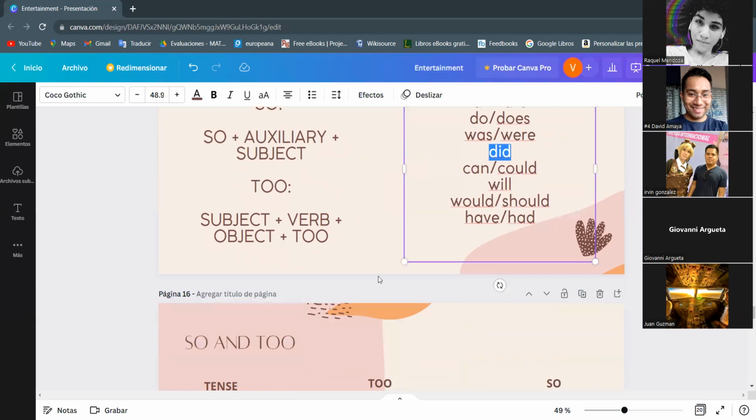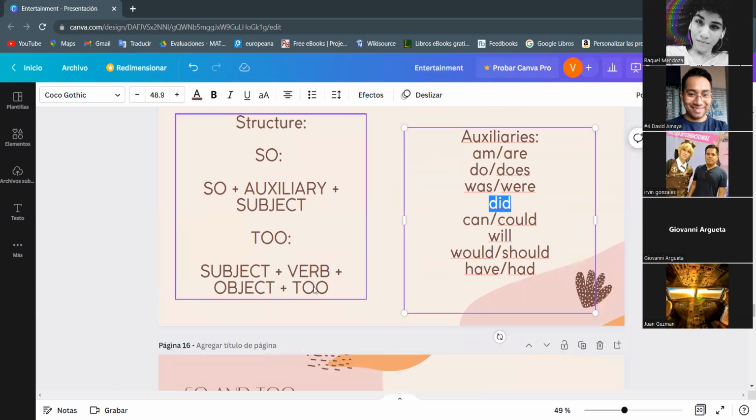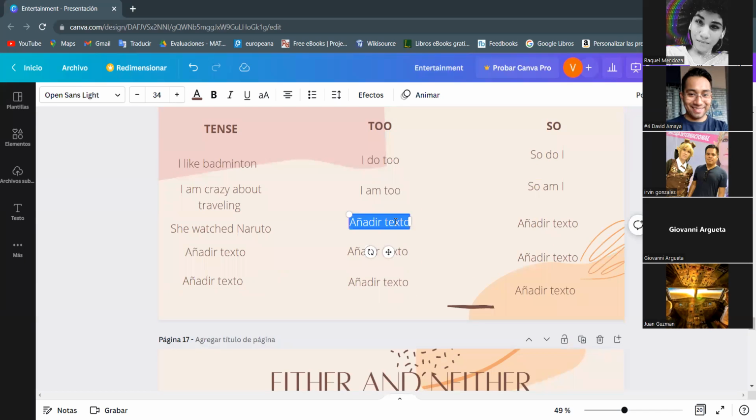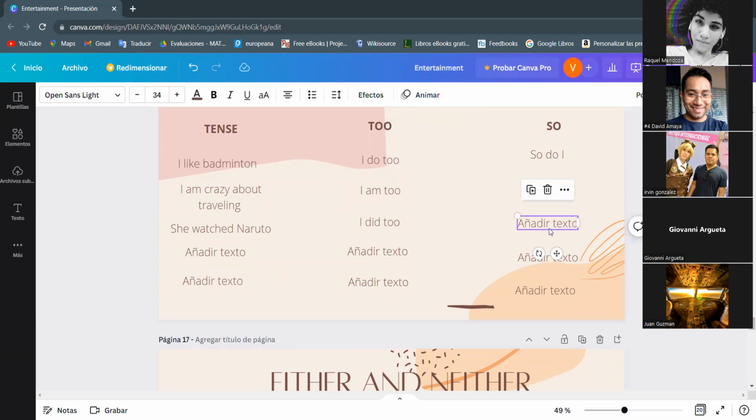Correct. But since you're trying to make it shorter, you just say the subject, the auxiliary, and too. So I did too. And no, the context is not necessary because it was just mentioned. She watched. Okay, so for the next one,